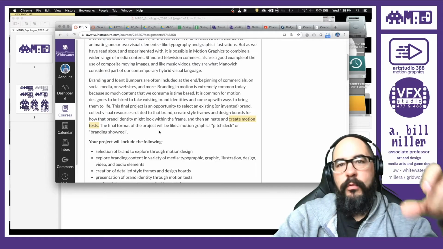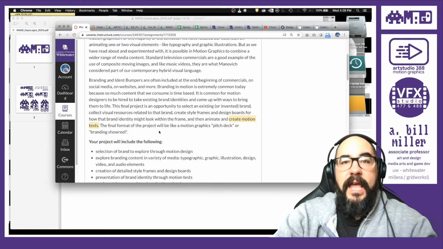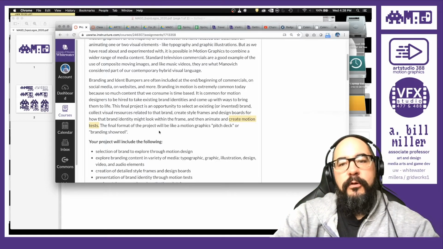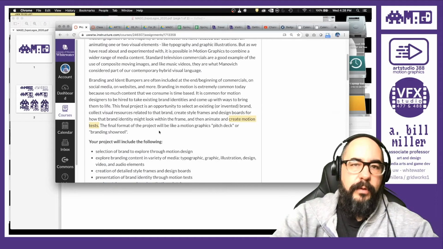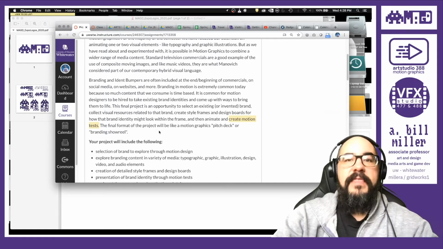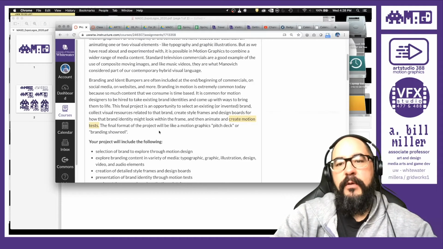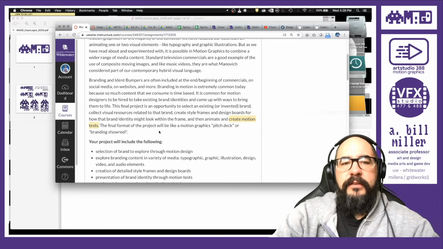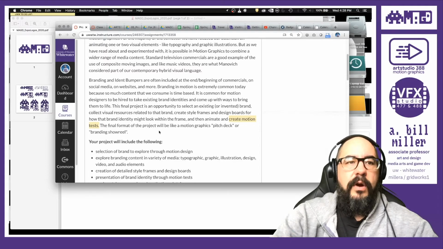I would tell them which ones I think are working, or highlight certain aspects of those. But then it would be up to them, through viewing all of those examples in the pitch deck, to be able to narrow it down. And then I would go back for another round of revisions and build it out a little bit more. So another example of how we might use this is